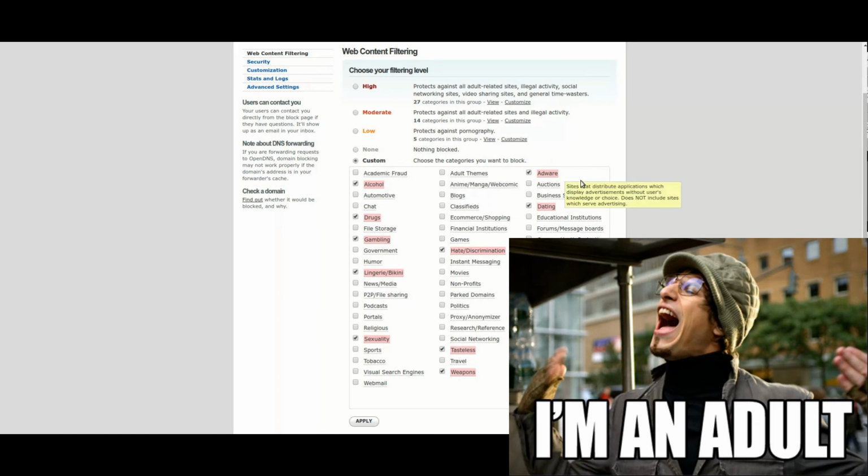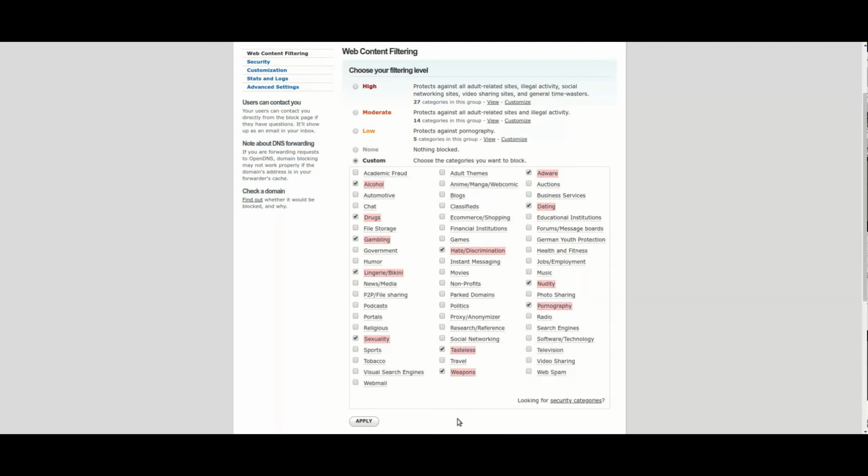Adult themes, while you would think that's kind of pornography, it's not. It's things that are just adult in nature. And I've come across a few things that I've had to actually see. Not anything bad or anything. It's just that it's adult in nature. So one of the other ones is like proxies, for instance. This proxy anonymizer. That's great, but things like Brave.com, the Brave browser, it's considered a proxy anonymizer because it does Tor. So you got to kind of play with these a little bit, but you can pick and choose however you wish on these.